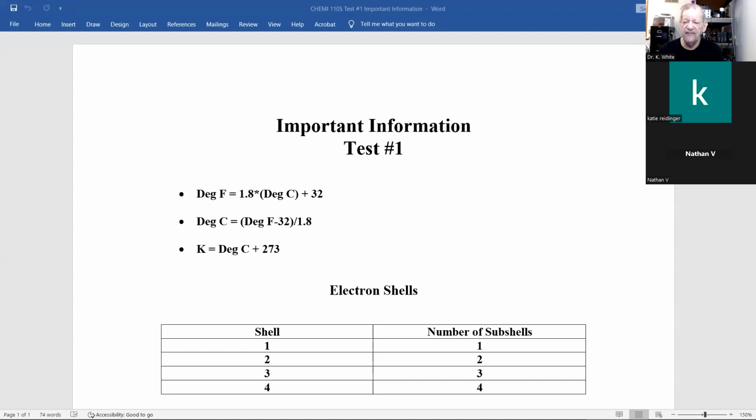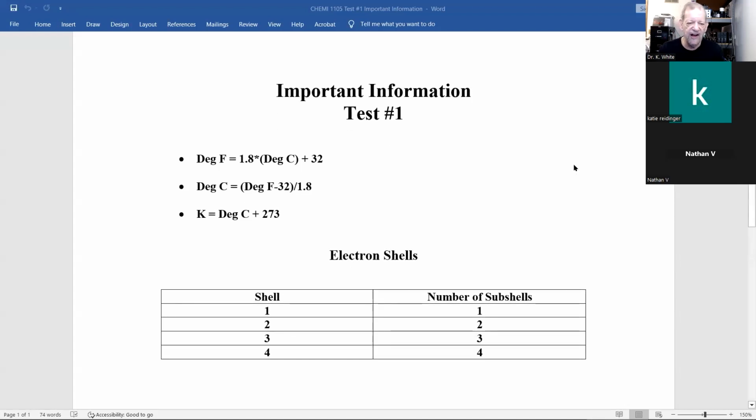As I've mentioned in my videos, I've cut down on the memorization. You'll see it more in later tests that you need to do in this class. I'm testing your knowledge of chemistry, not your memory for the most part. At the end of test one, what you print out, or if you want to just read it off your screen, you'll see on the last page, I have important information.